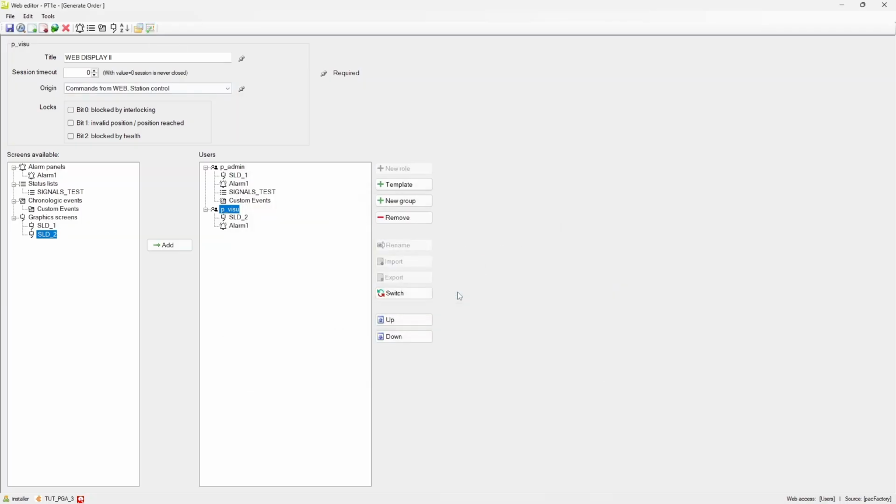As opposed to the INGEPAC IEDs without advanced cybersecurity features, the INGEPAC IEDs with advanced cybersecurity features are based on the role-based access control user access method. Therefore, in order to make old display configurations compatible with IEDs with higher firmware versions which have advanced cybersecurity features, we will need to adjust the role configuration of the web display. To toggle between these configurations, we will click on the Switch button located to the left of the white table